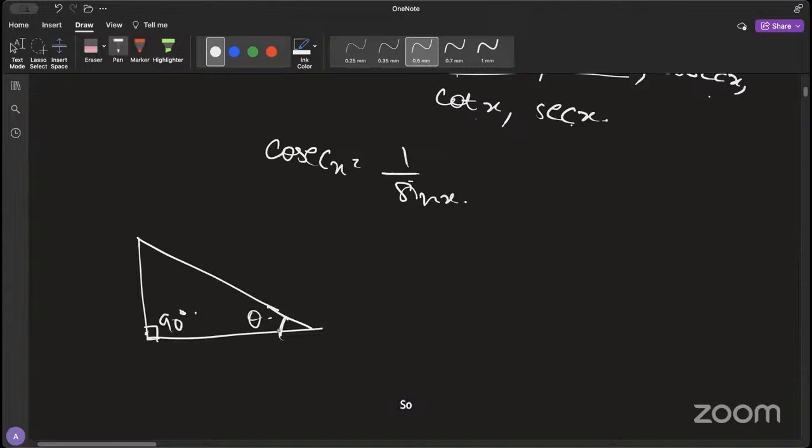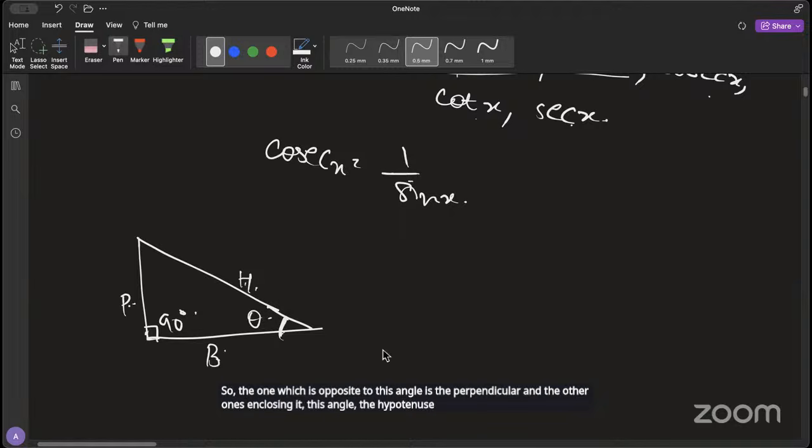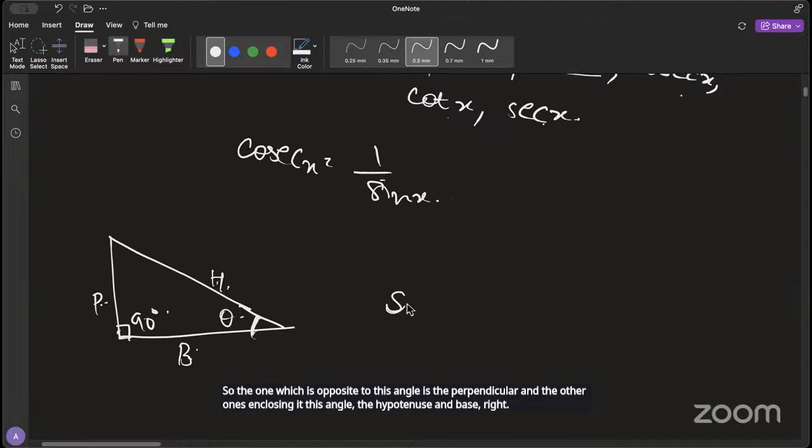For those, I think you must be familiar with this, this is called the hypotenuse. This is the one covering this angle, the other line. This is called the base, and this is called the perpendicular, right? The one opposite to this angle is the perpendicular, and the other ones enclosing this angle are the hypotenuse and base, right? So your sine x is